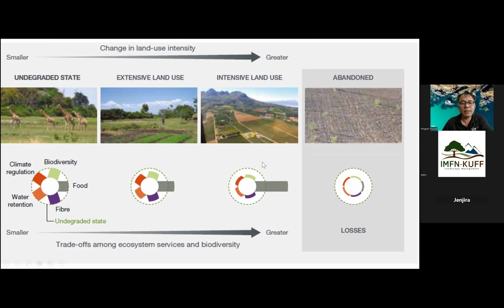So the other benefits or functions that land provides to humans substantially decrease, and become limited or decline, and